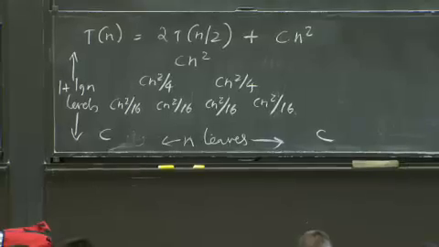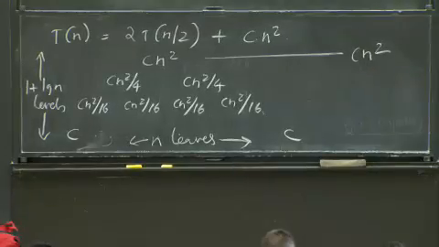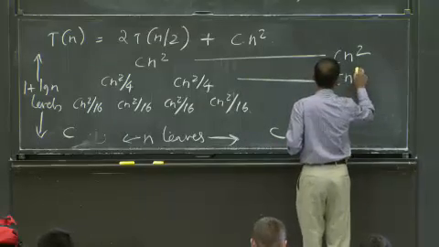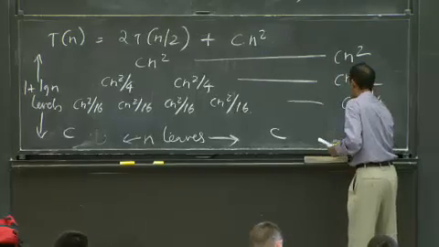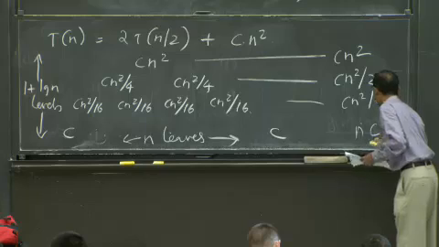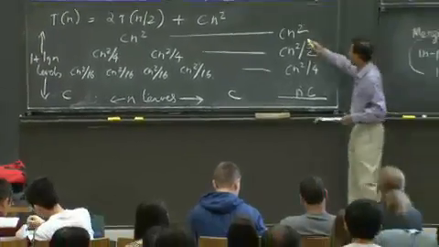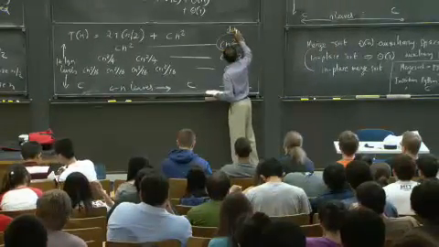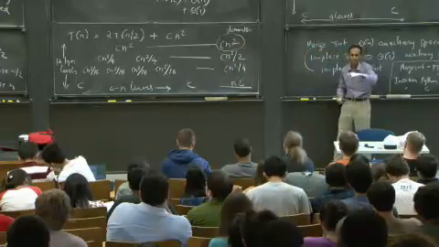And this is why I like this recursive tree formulation so much, because now all I have to do is add up the work associated with each of the levels to get the solution to the recurrence. Right? Now take a look at what happens here. cn squared divided by 2. cn squared divided by 4. And this is n times c. Right? So what does that add up to? Yeah. Bounded by 2cn squared, right? Yeah, exactly. Exactly right. So if you look at what happens here, this dominates. All of the other things are actually less than that.